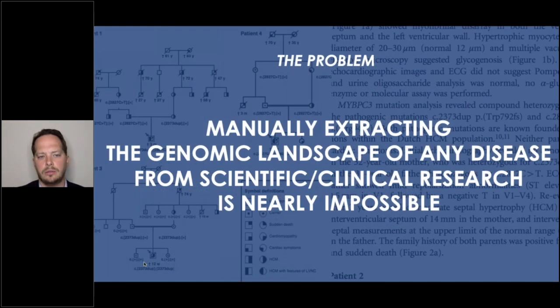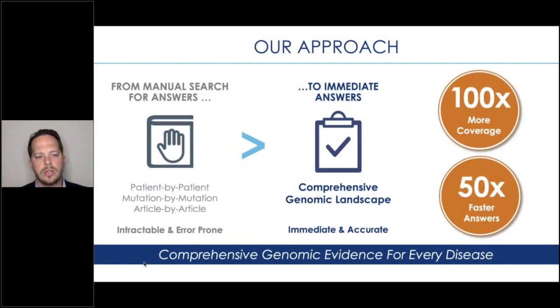Manual extraction of this information from the scientific and clinical literature is nearly impossible, as undoubtedly many of you have experienced, and that's where that information is locked down. And where individual data points and studies are available, and readily so, the whole constellation of that information is extremely challenging to bring together. So Genomenon's approach is to eschew the manual approach, and rather than researchers going out to